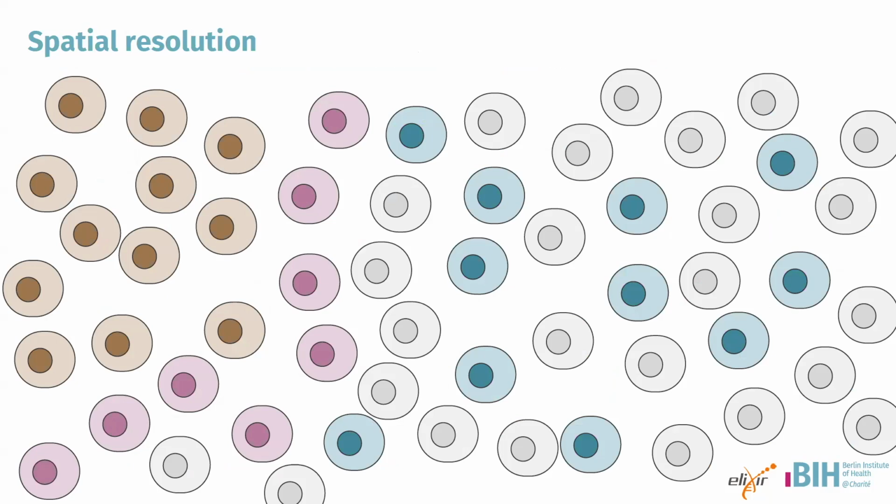So I wanted to quickly just go over this concept of spatial resolution, right? So this also determines kind of how we go about analyzing your data. So I've just kind of distributed some cells across this fictitious piece of tissue on the screen. And for those of you that have kind of looked over the Museum of Spatial Transcriptomics by Lior Pachter's group, there are certain ways we can kind of think about capturing spatial biology here, right? So we can already see that there are certain structures, right? So you have the brownie cells here, this single layer membrane of pinky cells, and this mixed blue and gray